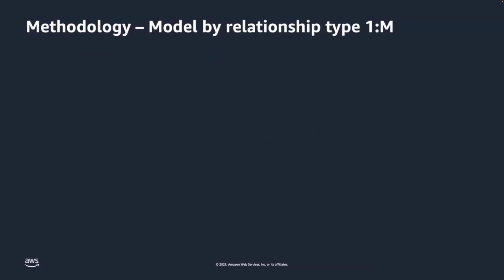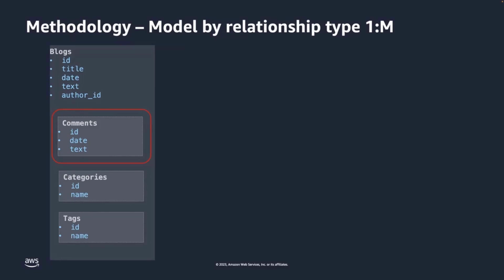The other aspect to think about is to model by relationship type. Let's look at the relationship between blogs and comments. When there are just a few comments, it's fine to embed them in the blog document. But for a popular article with thousands or maybe more comments, things start to be a little bit different. From the application perspective, you could cap the number of comments being fetched and displayed in the UI, but from the database perspective it's an anti-pattern that should be avoided.